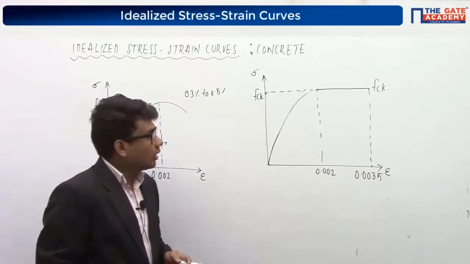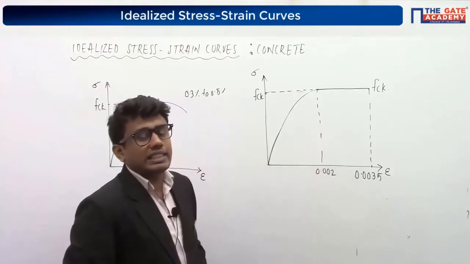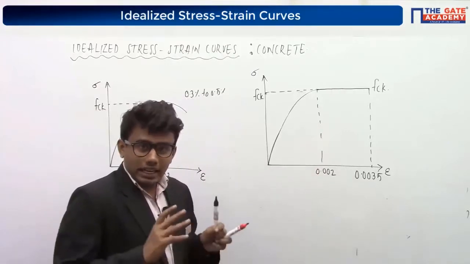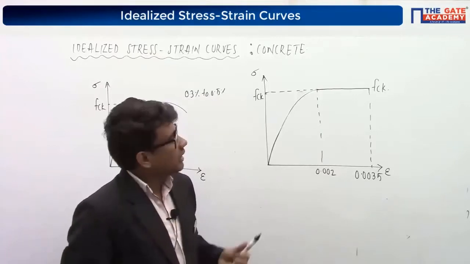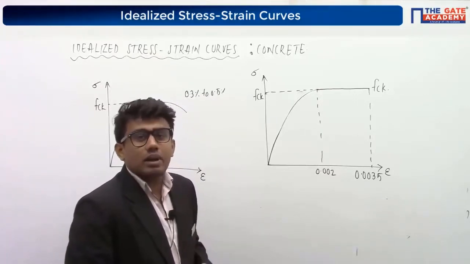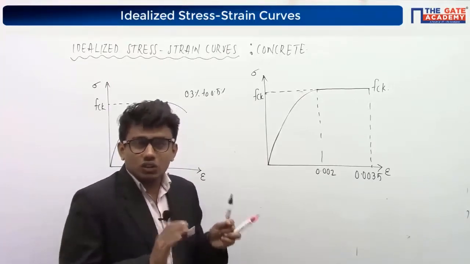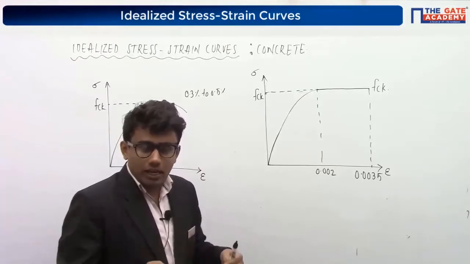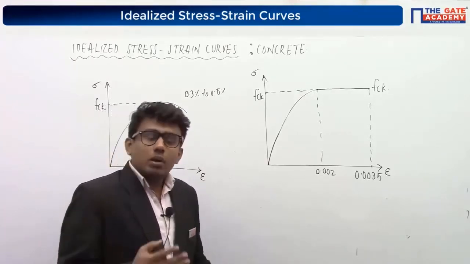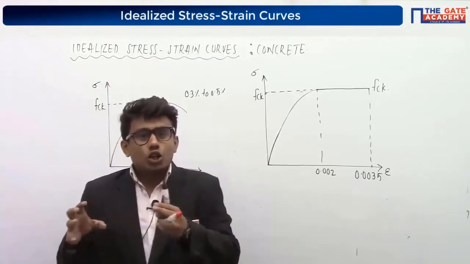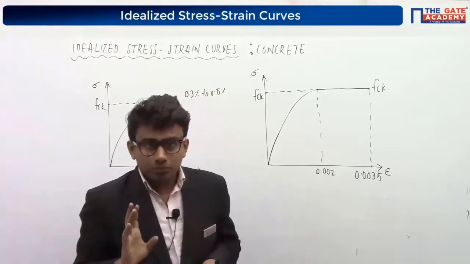Done, right? As we have discussed in the previous lectures, we cannot take this FCK value for the design. Why? Because in LSM, the limit state method of design, the strength of the material is underestimated. This FCK is the characteristic compressive strength of the concrete block, right? For finding the characteristic strength of the concrete, we cast the cube and test it for compressive strength after 28 days, right? But the compressive strength I get from this cube test will be much different from the compressive strength of the concrete in the structure. Getting it?